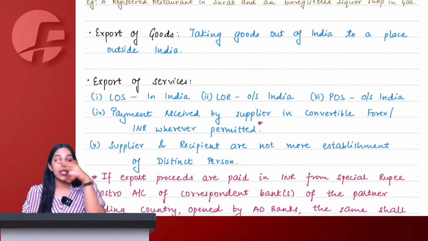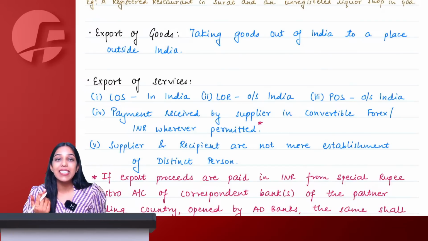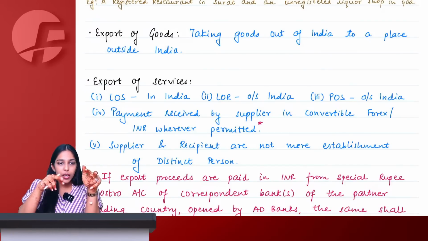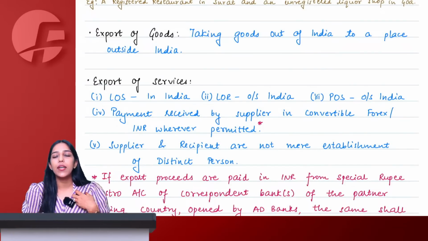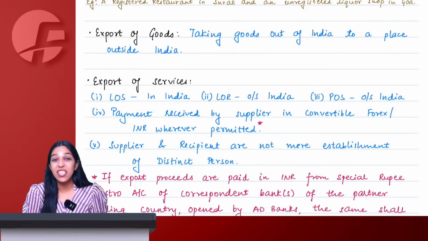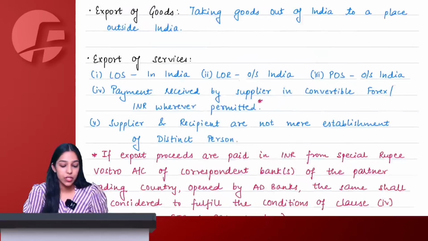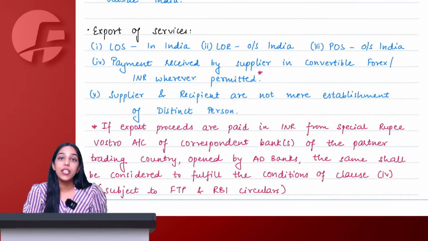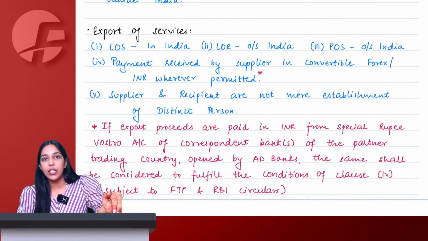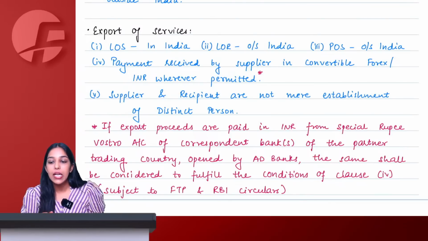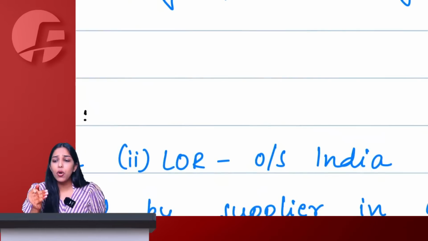Now goods you can physically see. Therefore, I can see the goods going out of India. But services, I can only feel. I cannot see the services. So here we cannot have the condition of services going out of India. We need to have some other conditions, right? So the export of services